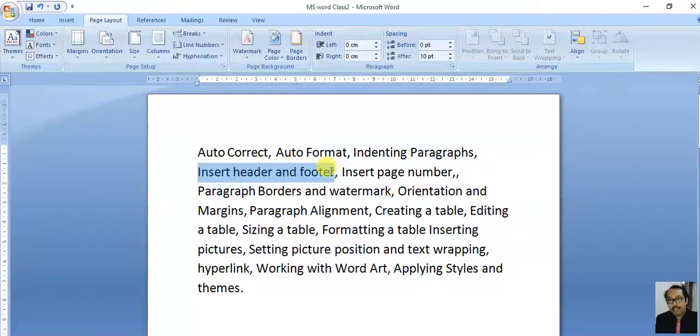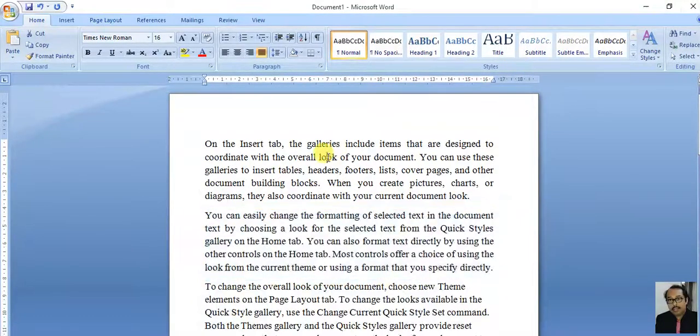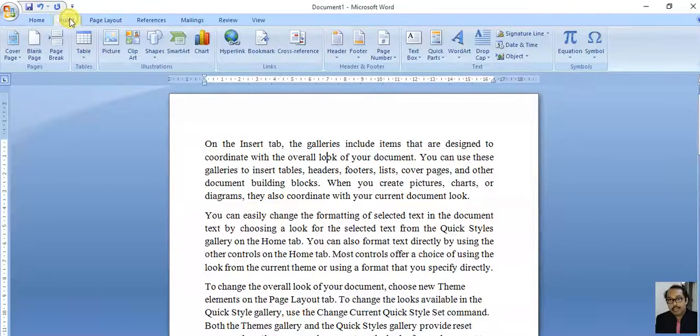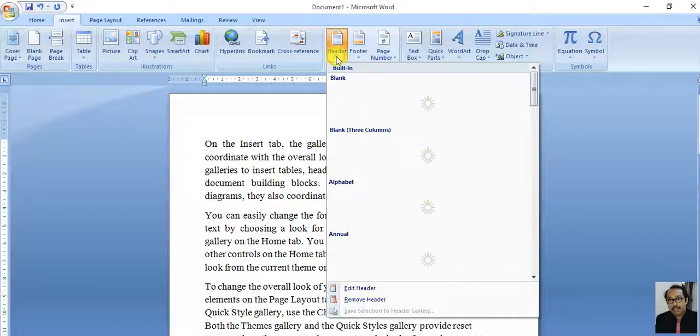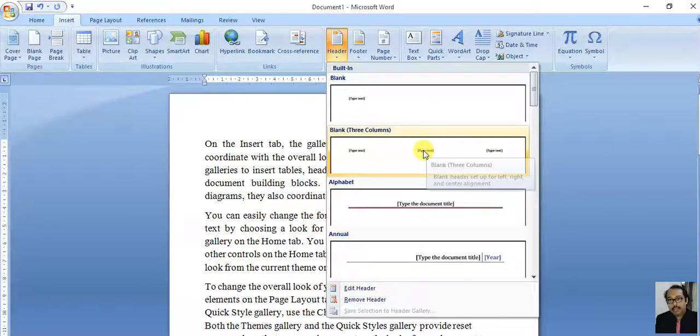Next one is insert header and footer. Okay. Header and footer means a text that will appear at the top and the bottom part of every page of MS Word. So I go to this Insert part, go to Header part. In header part, I will write that text.